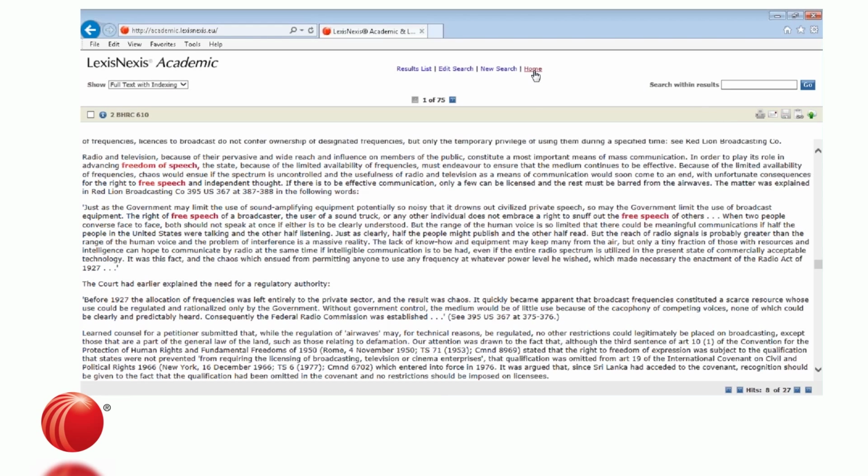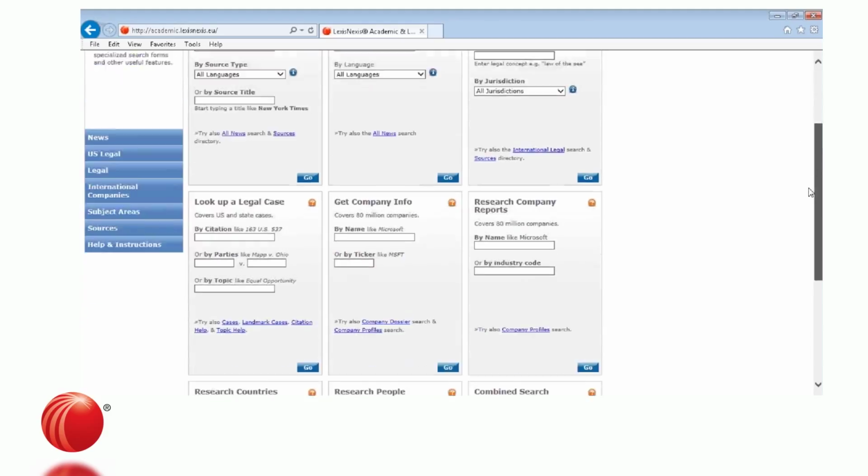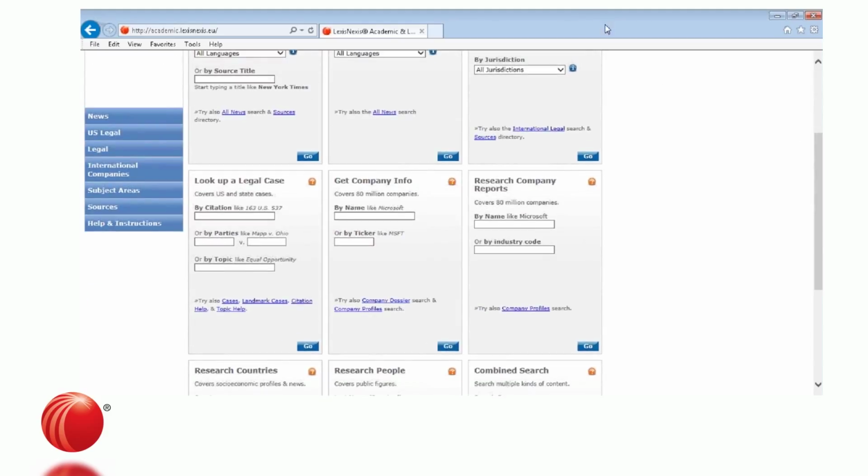What I'm going to do now is go back to my default page, my home page. And on the second row, the first box allows you to look up a legal case. However, this only applies to cases found within the United States. And we allow you 3 different ways to look up a case found in the United States: by citation, by parties, and by topic. I'm going to start with by citation, and I'm going to type in a legal